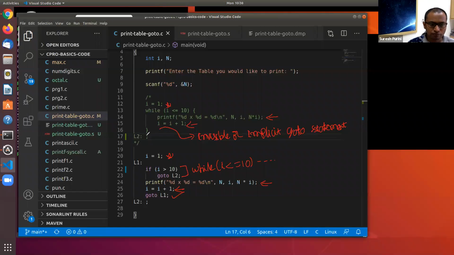And so when this line number 26 is encountered, control goes back to the statement whose label is L1. So the label L1 is associated here with the statement here. This is empty. So essentially L1 is associated with the if statement.